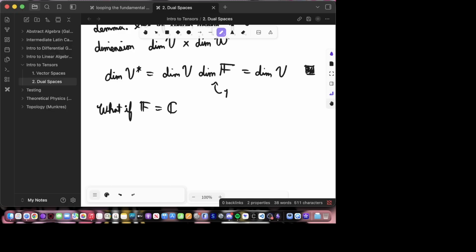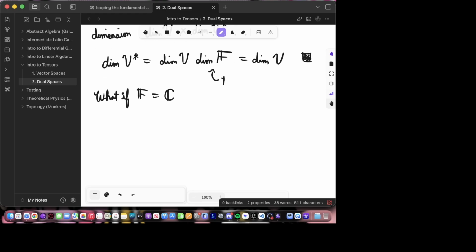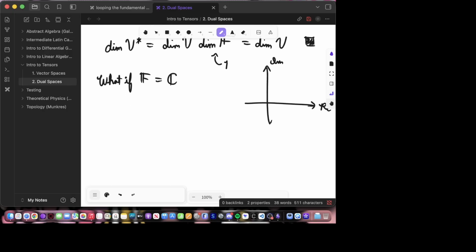Now you might have a question about this proof, and that is, what if the field is the set of complex numbers? Wouldn't the dimension of that be 2 because there's a complex plane? Well, the thing is, when we consider dimension in this case, we're talking about dimension with respect to the scalars. So that is, how many basis vectors do you need